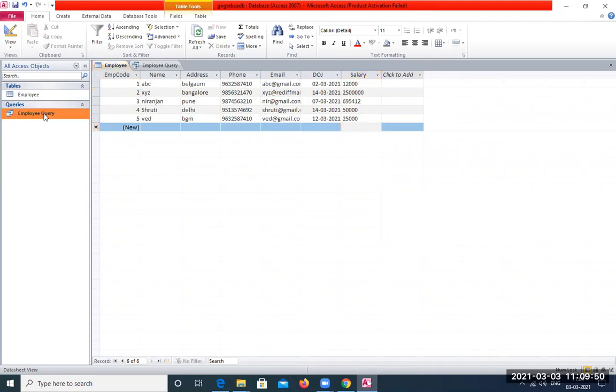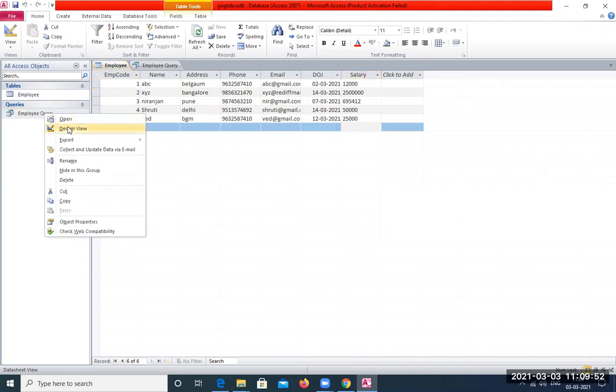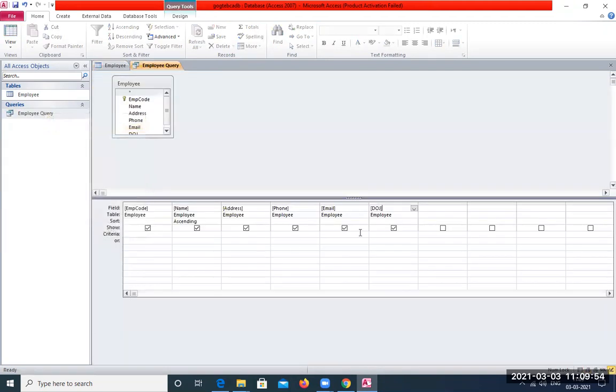Next thing again is going to be right click on this design view. Now, here you can see that the salary field is missing. So for that purpose, we need to create this query wizard, or run this employee query once again.